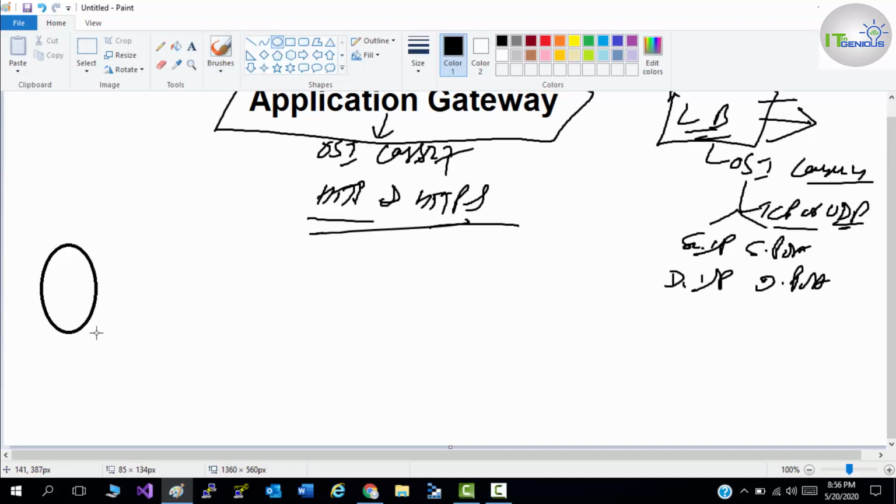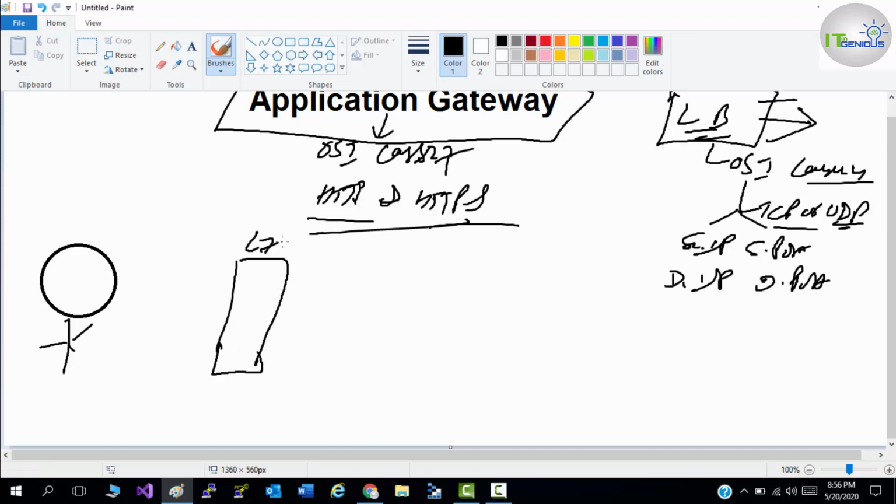So let me give you an example. Let's suppose that is your user, and that is your load balancer, L7, or you can say Application Gateway, which is connected with backend pools. Now in backend pools there would be servers.